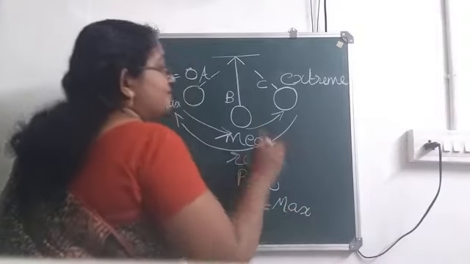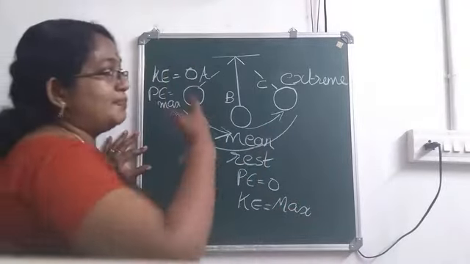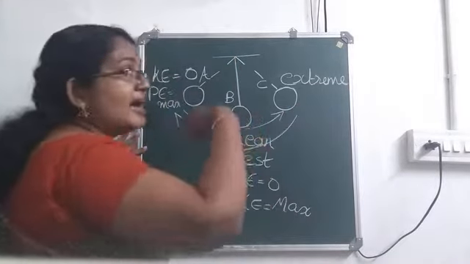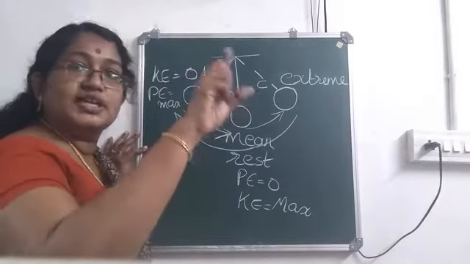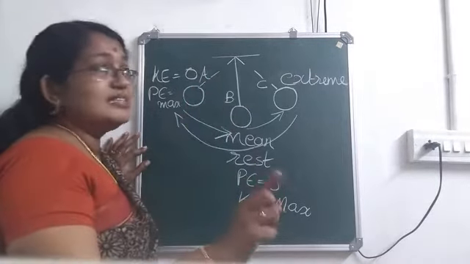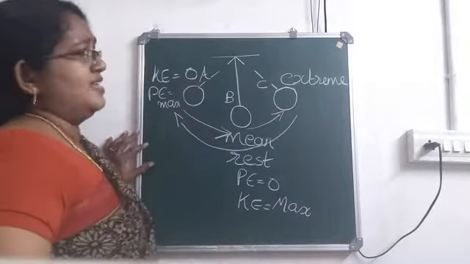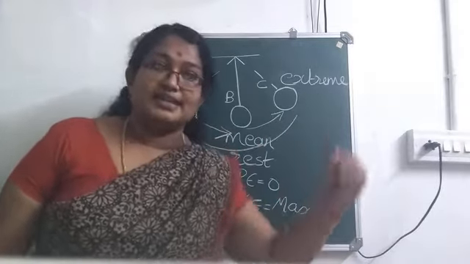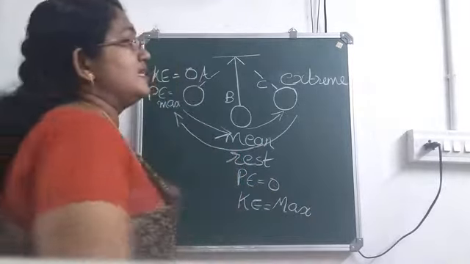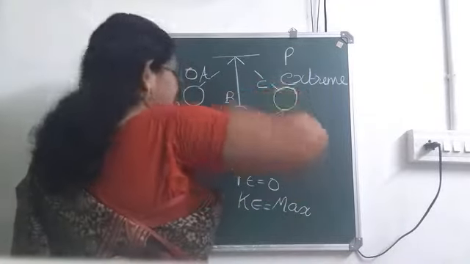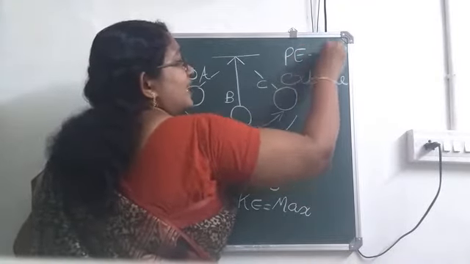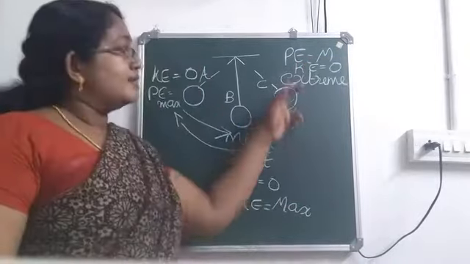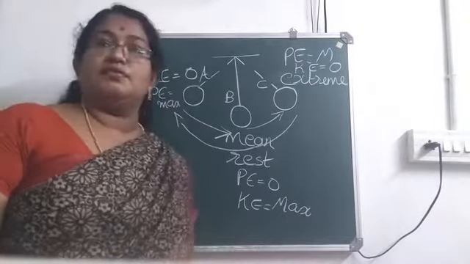Then when it moves to the other extreme, again what happens? Height is increasing. So from this point B to C, height is increasing, which means naturally potential energy goes on increasing, whereas kinetic energy goes on decreasing. Then it reaches the point C, and for a moment it stops there, and then it is coming back, isn't it? So at C, it will be possessing maximum potential energy, and what about the kinetic energy? It will be 0. Then again it will come back and the same thing will be repeated.